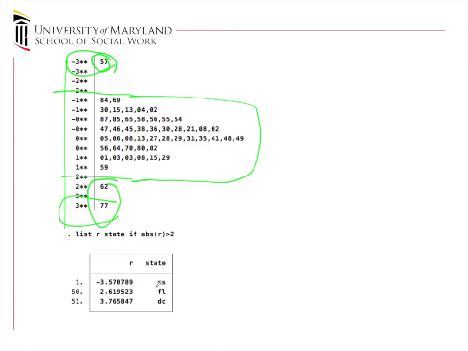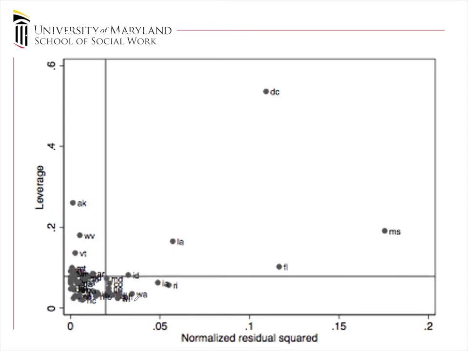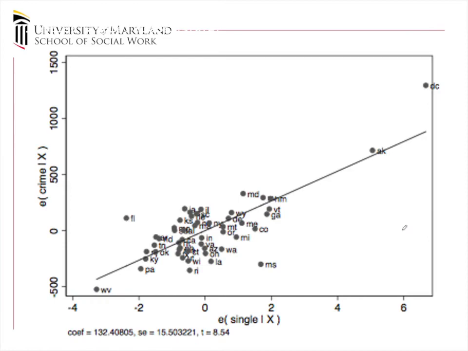So if you look here, Mississippi, Florida, and DC tend to have very large residuals, suggesting that the model doesn't work particularly well. And you can see that here, that DC is really an outlier, as is Mississippi. When you look at the regression line and you plot the regression line versus the data. So this is data predicting crime based on a whole bunch of stuff. I don't want to go into the model here, but suffice it to say, DC, if you think about